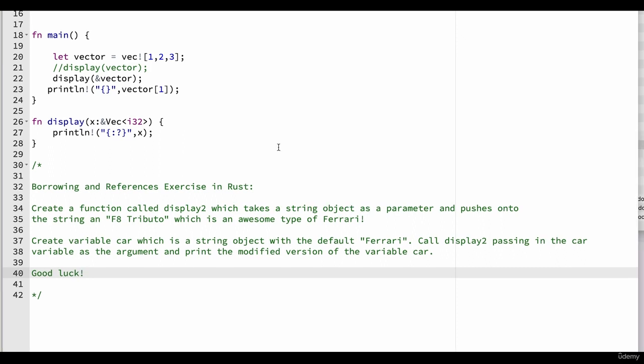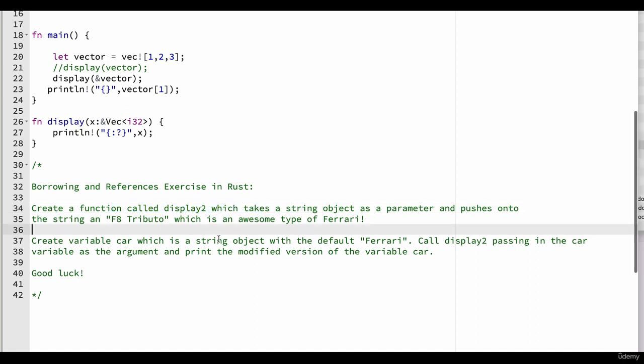So how do we do this? We want to create a function called display2. Well, let's just follow what these instructions are saying. Essentially, we're making a function that has this string object parameter and then pushes whatever that is, F8 Tributo. And then we have this variable. So we got our string allocation here, the default Ferrari, and then we want to pass that in and then